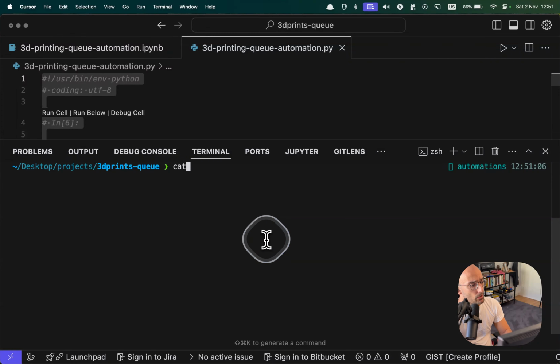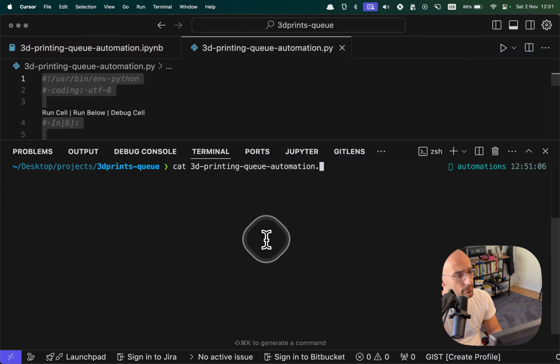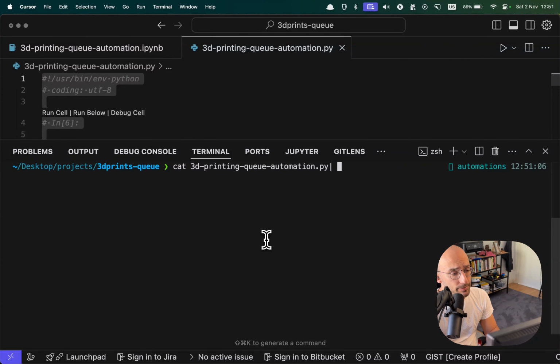The second magic I want to do is cat that Python file and pipe it to a large language model, which is going to be GPT-4o for this one. I'm using the LLM CLI by Simon Willison. If you don't know it, you should know it. It's amazing. And I'm going to say, look,